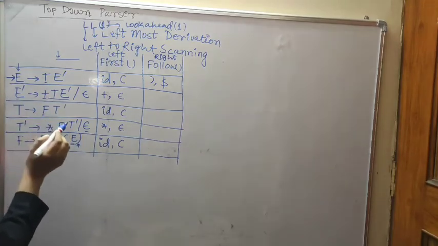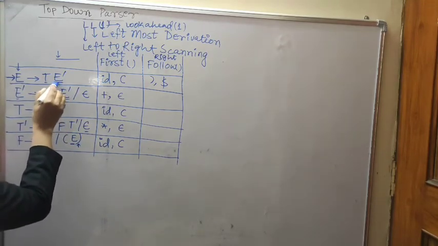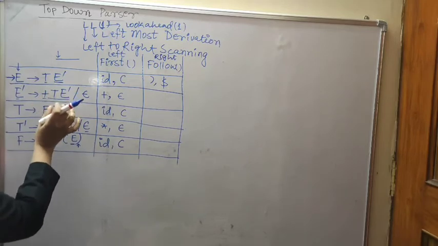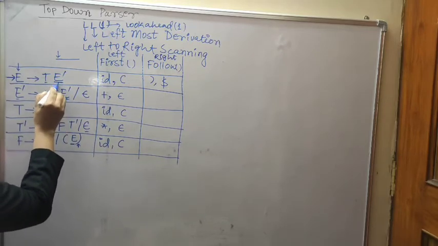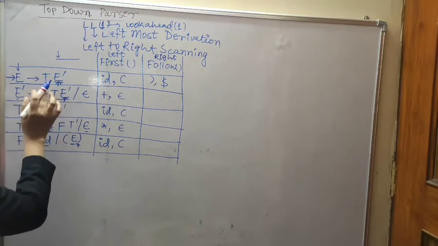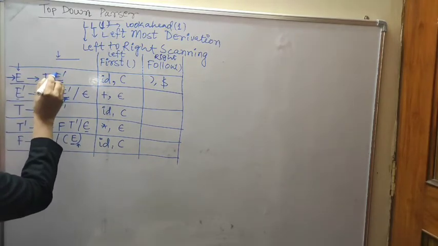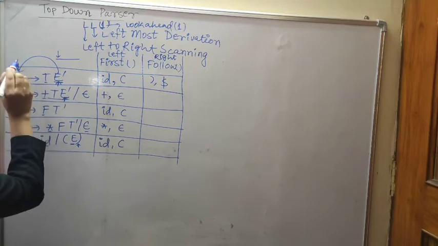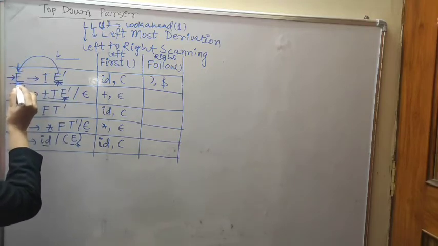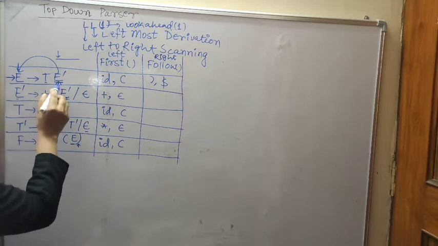Now we will check for E dash. Where is E dash written here? E dash is at the ending. E dash here also is given, and in this place also E dash, but both places are at the ending of the production. Whenever the ending of the letters is given, we move to the left side. That means E dash is followed by E.